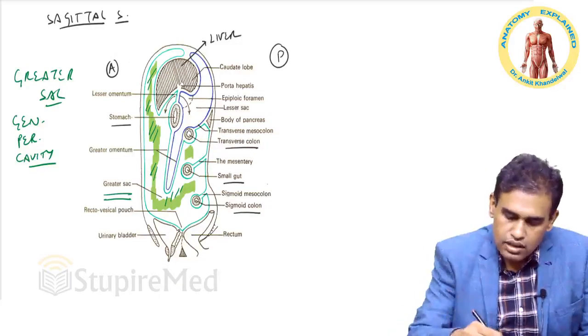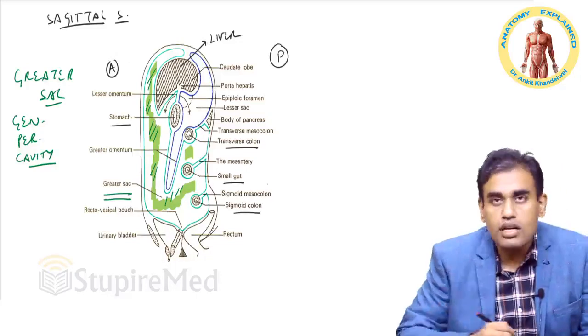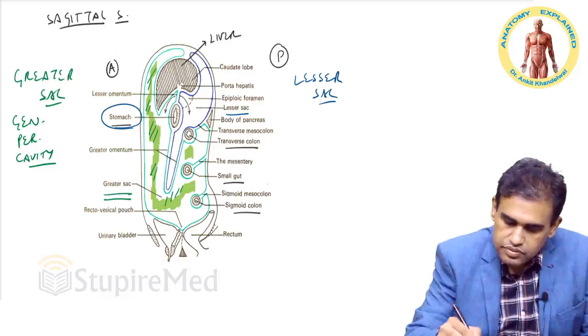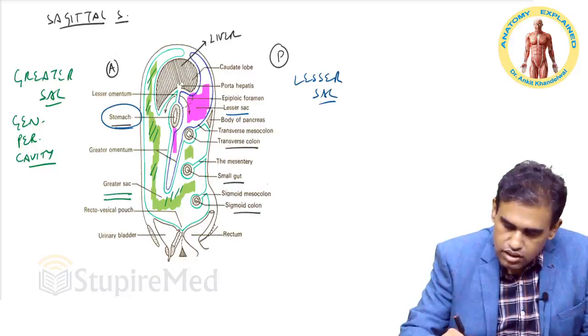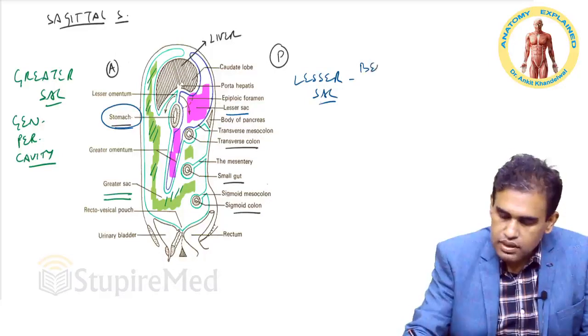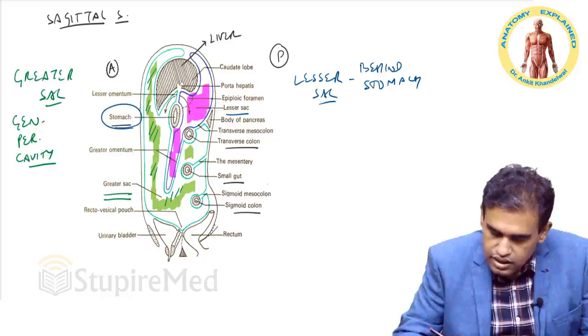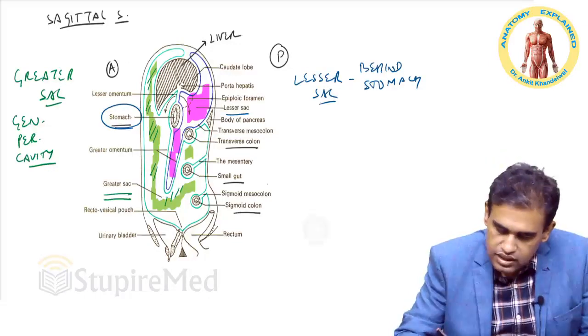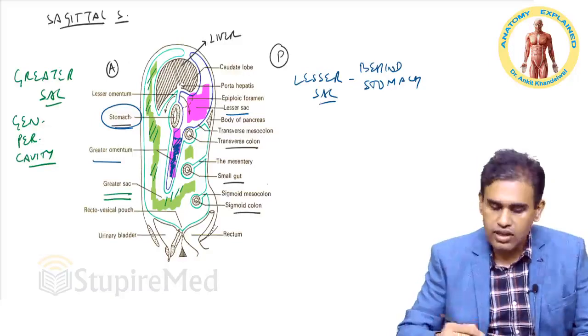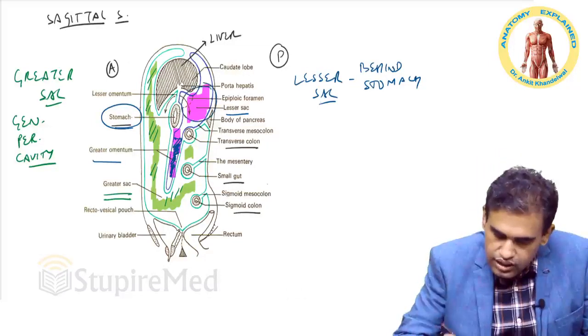Fine. Now that area that is being shown with the blue color, that is behind the stomach. This blue color area is your lesser sac. Now the lesser sac's position is just behind the stomach. You can see this lesser sac is going below also, but over here this area is actually fused. This area of the greater omentum is fused to each other. So the lesser sac is mainly confined to the area behind the stomach.